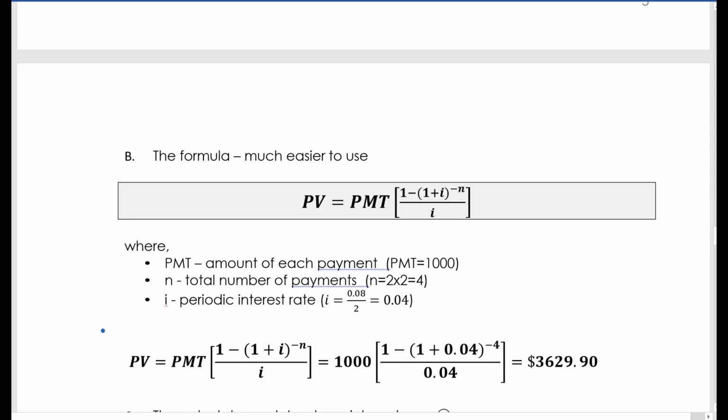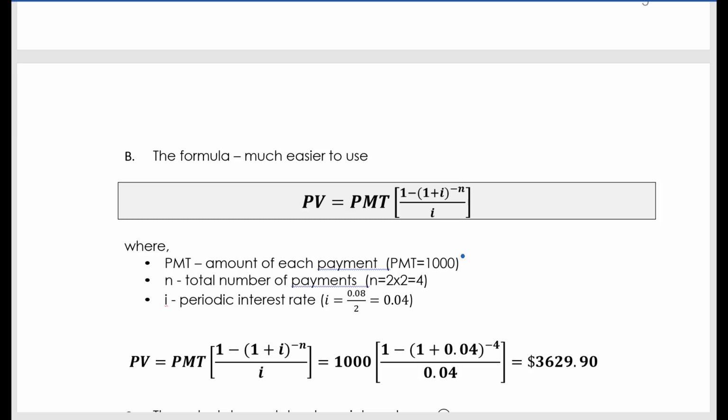You can use the formula. It's very similar to the future value formula, where you take the payment and in this case you multiply it, instead of by 1 plus i to the n minus 1, by 1 minus 1 plus i to the negative n, over i. Payment in this case is $1,000. The number of payments: 2 years, twice a year, so 2 times 2 is 4. And the periodic interest rate is 0.08 divided by 2, which is 0.04. You plug the numbers in, and you get a present value of